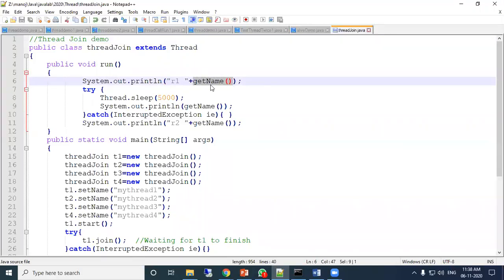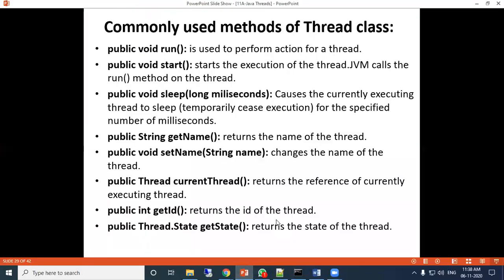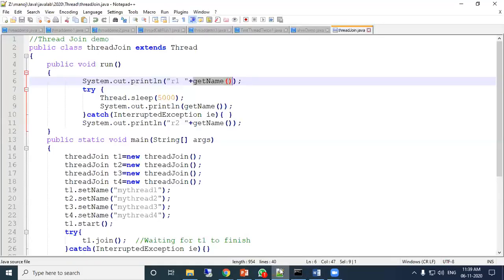In the get name method, it is returning the name of the thread. As I told you, the get name method returns the name of the thread. Then it sleeps for 1000 milliseconds.